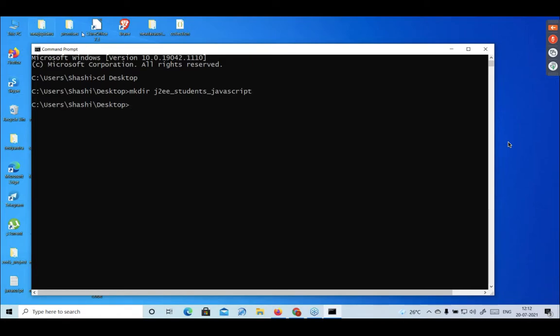I created one folder called J2E_students_JavaScript, and again you can use cd, change directory, J2E. Just press tab and it automatically fills in the rest of the characters. Okay, now